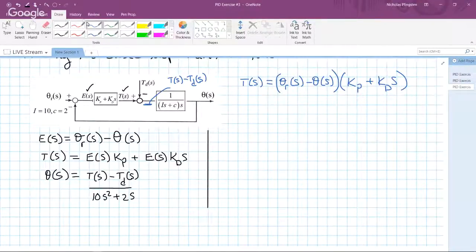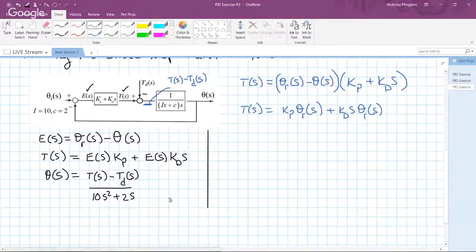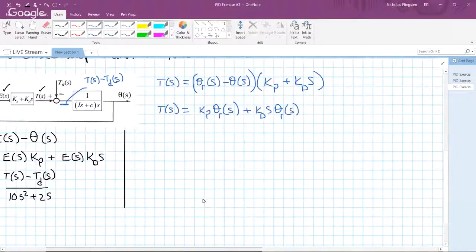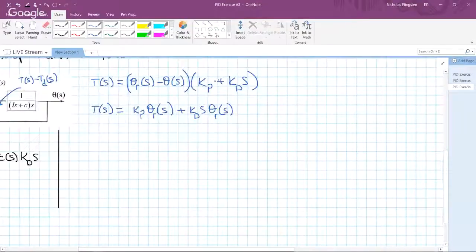And we can FOIL this out, and it might benefit us if we do. So if we do that, we'll have Kp theta sub r of s plus Kd of s theta sub r of s. Okay, then we'll have minus